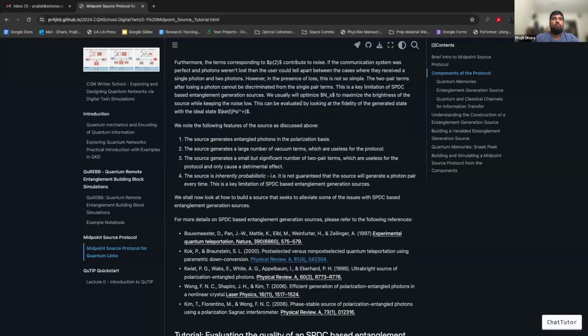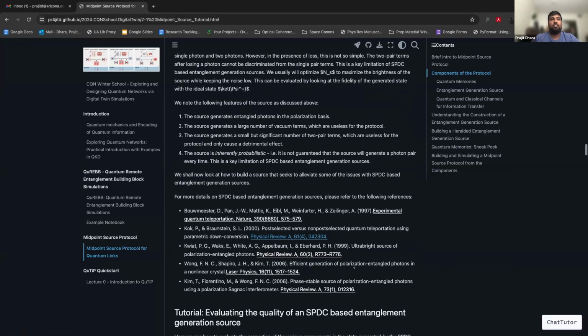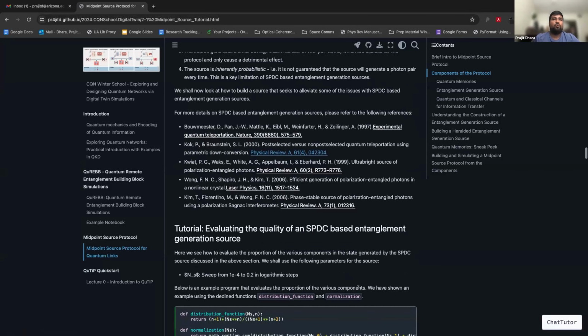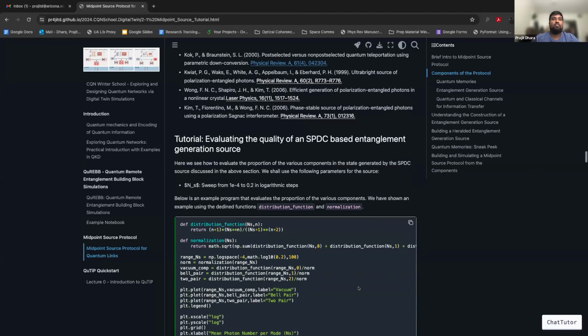I can see them pop up here, but if there are no questions, these are some resources for understanding some of the fundamental experiments in entangled pair generation sources from some of the most well-known groups in the world that work on this. You'll find more details about SPDC-based entanglement generation sources over here if you want to understand. We also have a tutorial here which uses